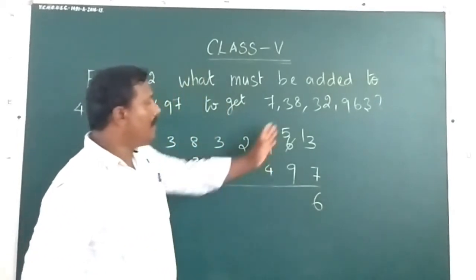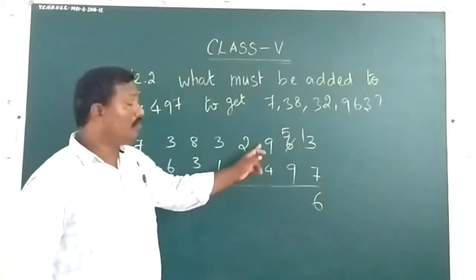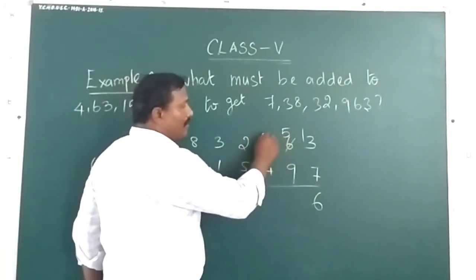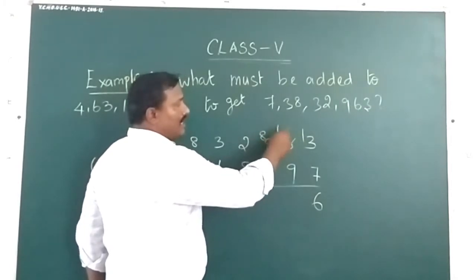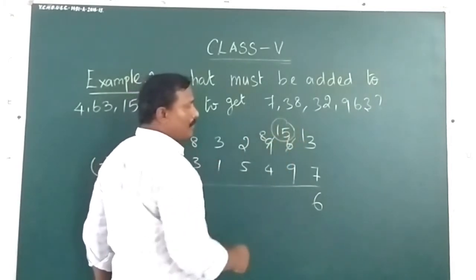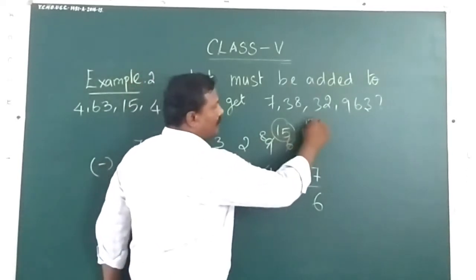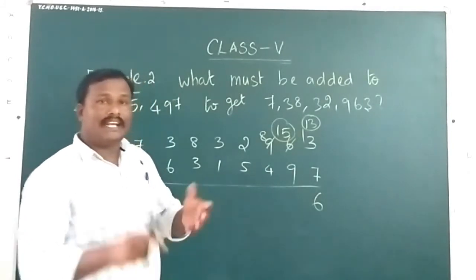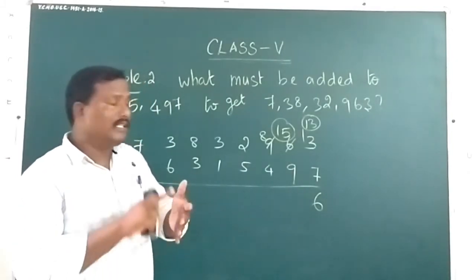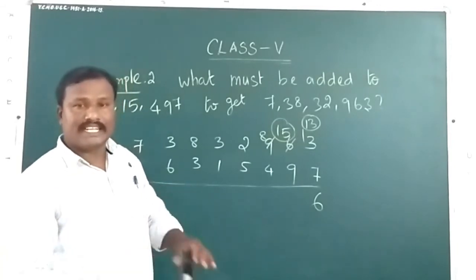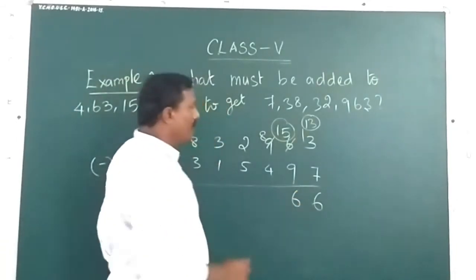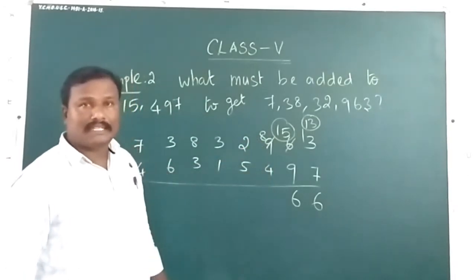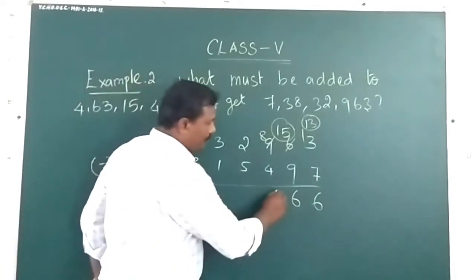Okay. Now 5 minus 9, we can't subtract. We have to borrow one from the nearby number. If you borrow here, it will become 8. Once borrowed here, it will become 15. Before it was 13. Now 15, so 15 minus 9, 9 after 10, 11, 12, 13, 14, 15. Again 6. Now here the minuend is 8, the subtrahend is 4. We can subtract, so 8 minus 4, 4.